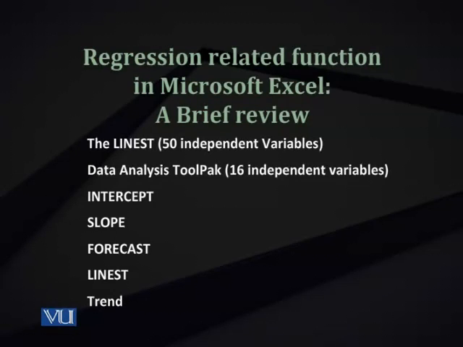The third way to use Microsoft Excel to perform regressions is to use separate formulas or functions. In these separate formulas and functions, you may include intercept, slope, trend and forecast, and some others. For example, intercept computes the intercept, or the value A in your regression equation y is equal to A plus bx. Remember that Microsoft Excel writes the regression equation as mx plus c. So what you call A is the c in Microsoft Excel, and m is the slope coefficient that you indicate by the alphabet B or beta. The slope function computes the slope coefficient. You have to provide your y range and x values.